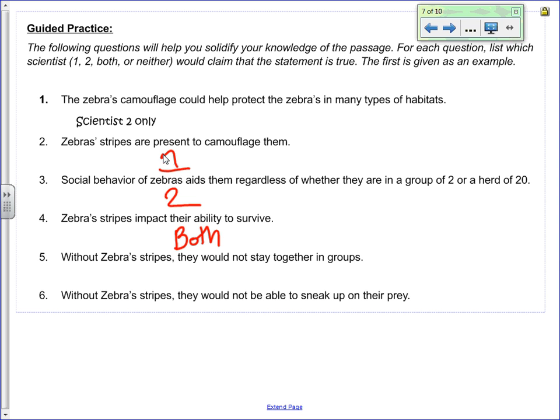Without zebra stripes, they would not stay together. How come not scientist 1? Excellent. Yeah, scientist 1 doesn't say anything about them staying together in groups. And last but not least, question number 6. We have a volunteer for number 6. Without zebra stripes, they would not be able to sleep well. Neither. How come? Because neither will have strong